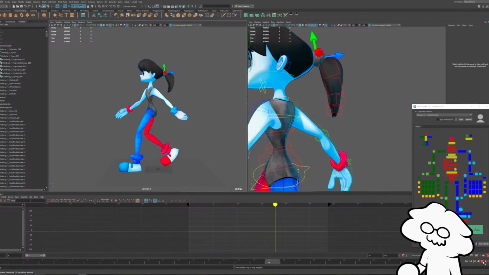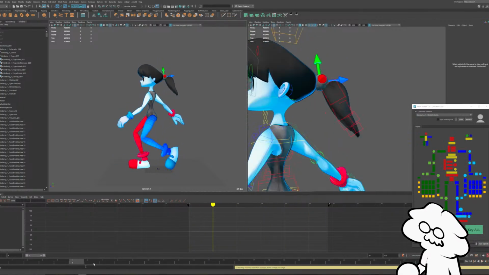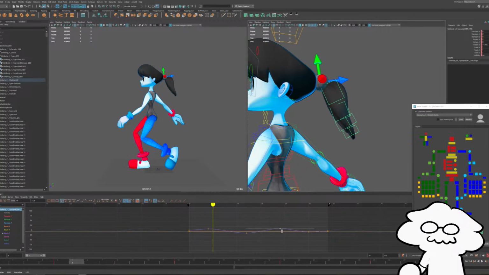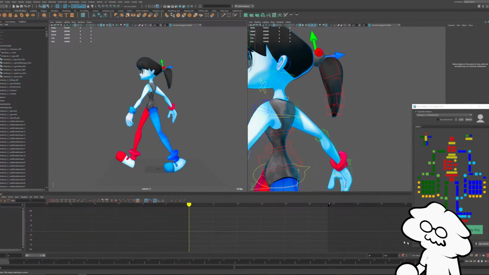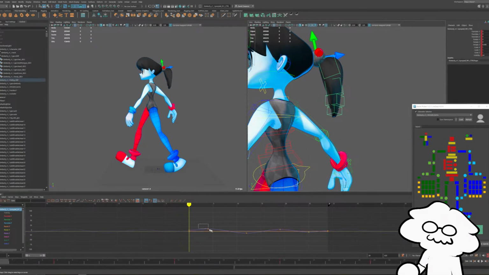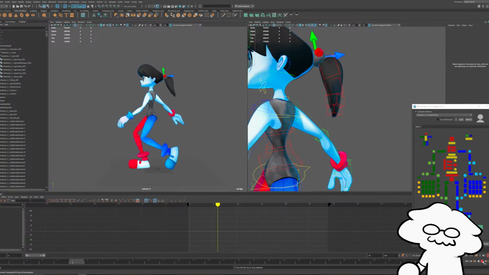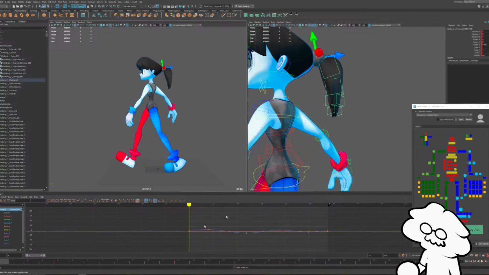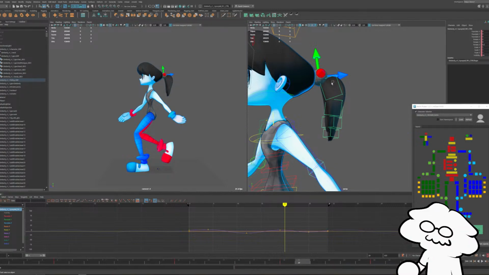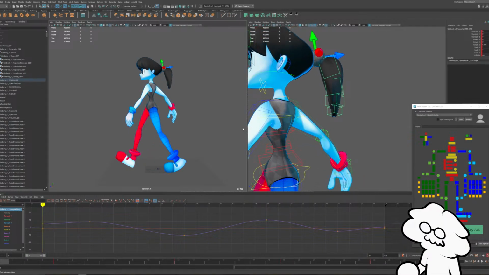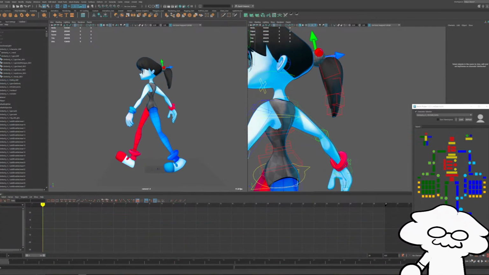Oh, that's almost there. I just need to kill the backwards movement a bit. Almost. My patience is waning. I think we'll probably call it after that. Yeah, we have a Discord.